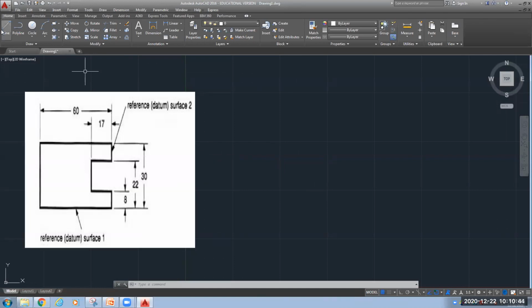Okay. Now this is the image, a simple image. So it will act as a revision for you also. So start with the line command. This is your line command. I will start from this point, suppose. See, again it is allowing me to draw the line in any direction at any angle. But I want to draw horizontal and vertical lines only, as per the requirement of the figure that is given on the left hand side of this workspace.